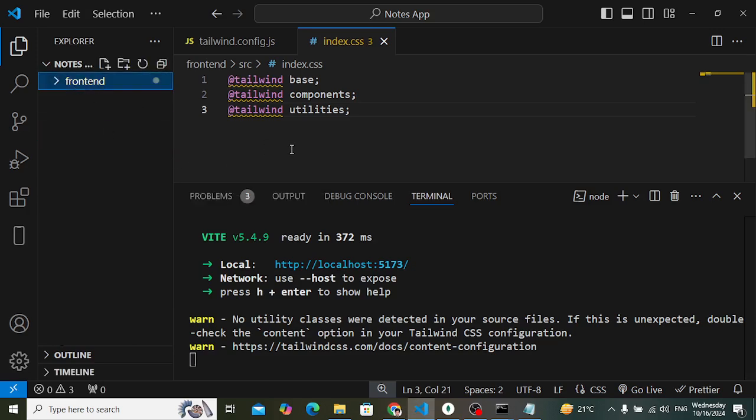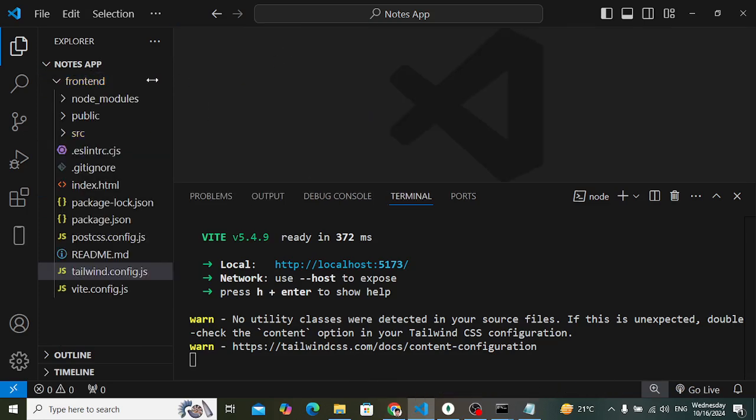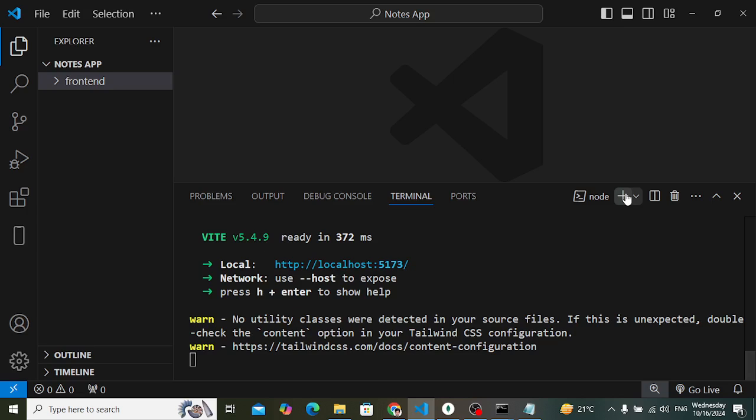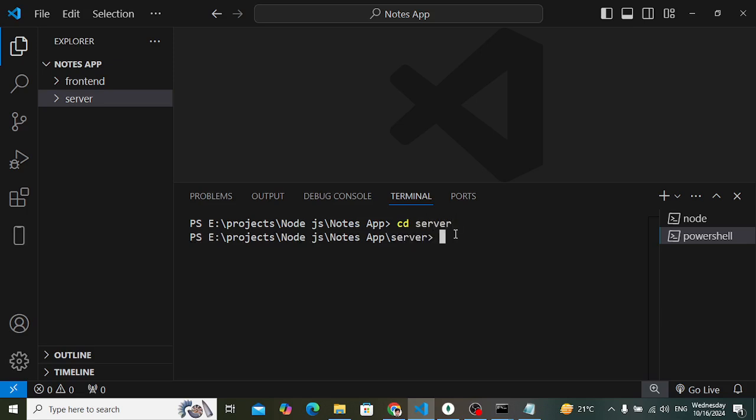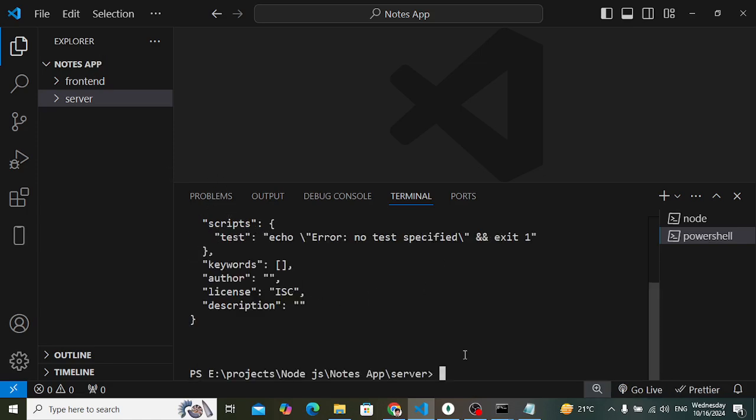So let's now create our server project, server side project. So let's take a new terminal. In the new terminal, let's first of all create a new folder here. We will assign the name server to that. And in this server, let's cd, change directory to server. And here I will write npm init -y, press enter to create a package.json file. So after creating that file,